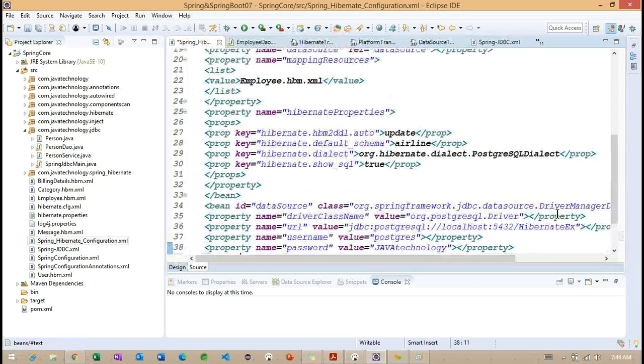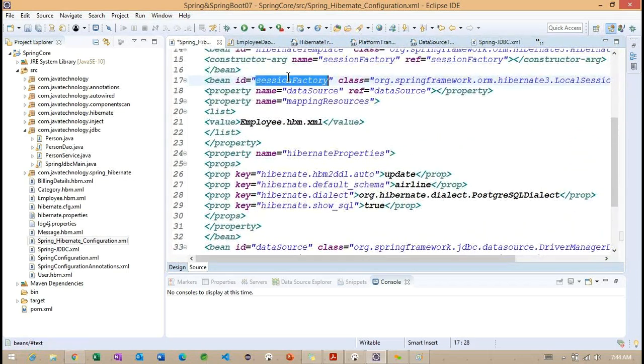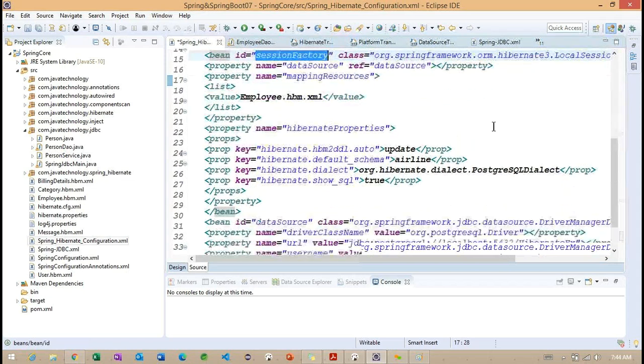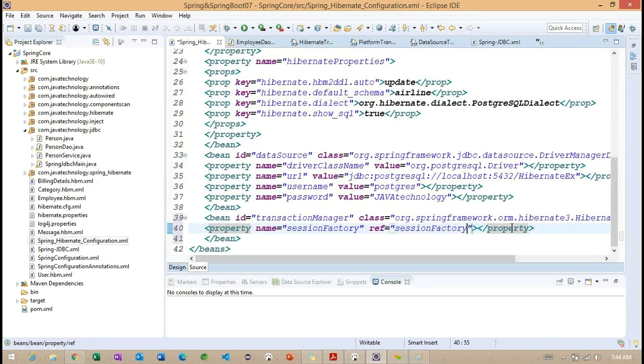So we need to check whether we are having the same ID or not. So we need to copy this particular session factory and we need to specify the session factory here. So this is about enabling this particular Hibernate transaction manager. Right. So with the help of this particular Hibernate transaction manager, now what we are going to do? Using this particular Hibernate transaction, we'll call the commit method on the transaction object. Similarly, if anything fails here, it is going to call the rollback here.